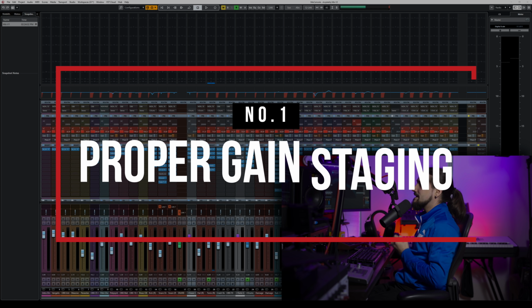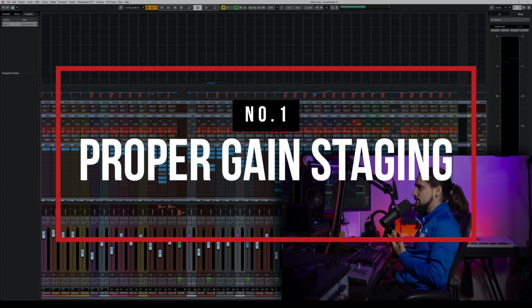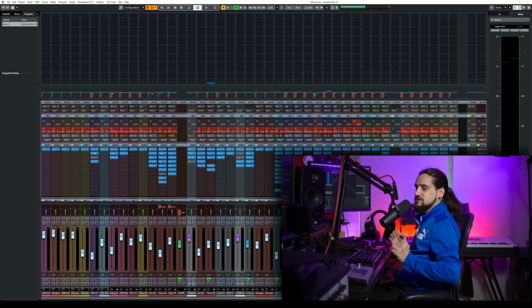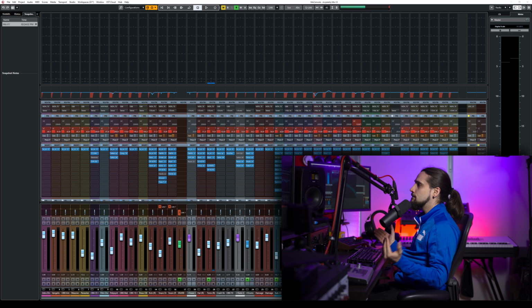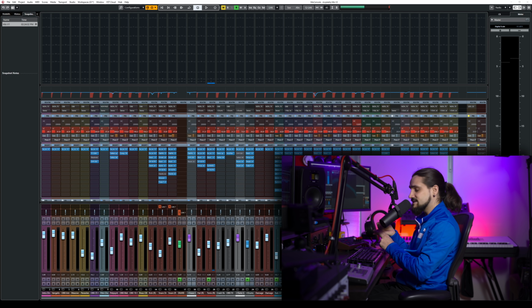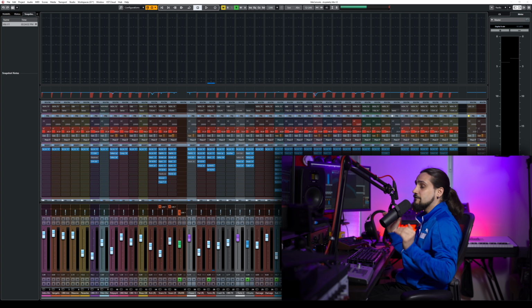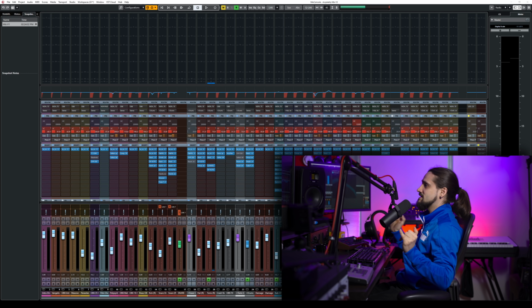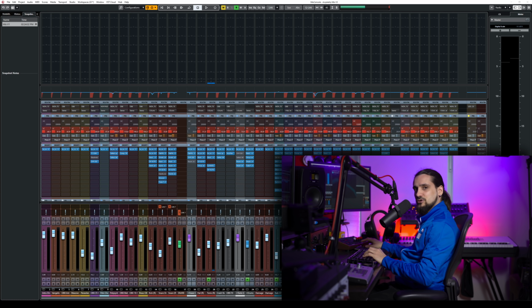Reason number one is the amazing gain staging options that you have inside the Cubase Mix Console. This is not to be underestimated. Most people cannot get their mixes to sound good because the gain staging is not right. Now, Cubase gives you a very quick way to do your gain staging, to do your filtering very quickly with no plugins. No plugins. I cannot stress this enough. So let me show you how this works.